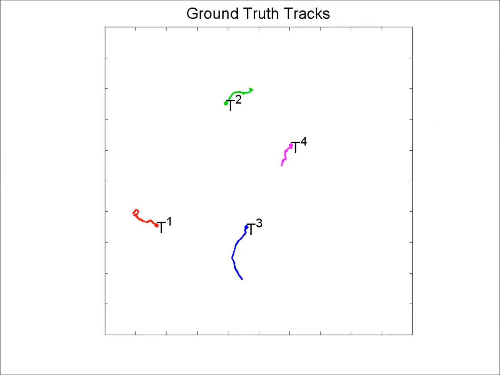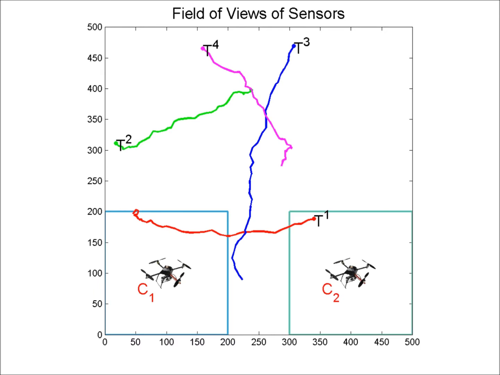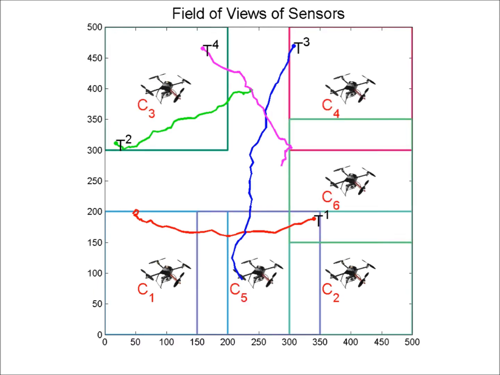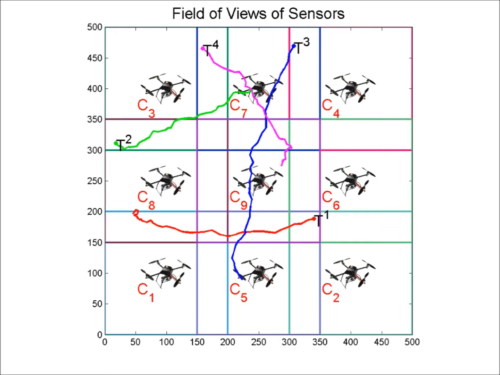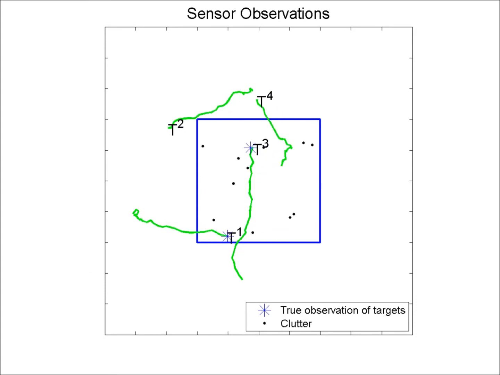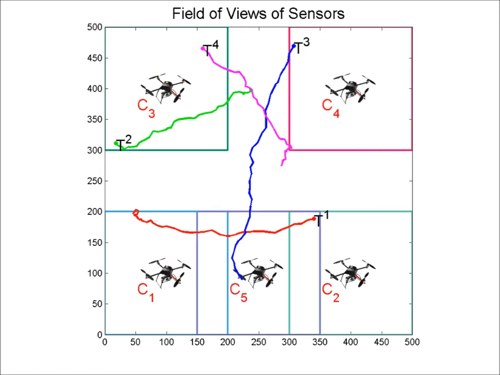Suppose there are some targets, for example T1, 2, 3, 4, roaming in an area. A collection of sensors are monitoring the area, where each sensor has a limited field of view. A sensor gets measurements of the targets within its field of view. It may also get some false measurements or clutter. The most important fact to note is that, due to their limited field of views, different sensors are viewing different sets of targets, which also changes with time.